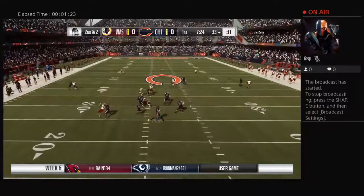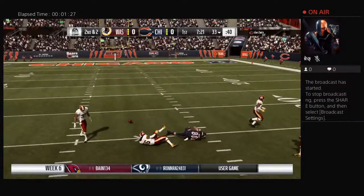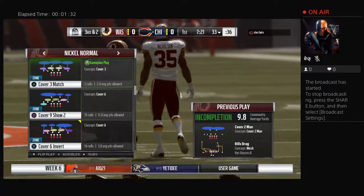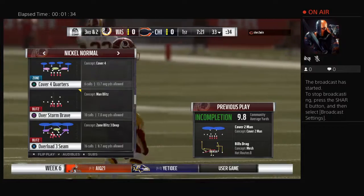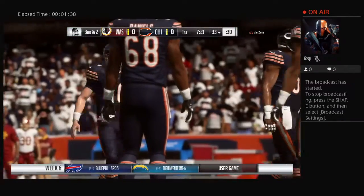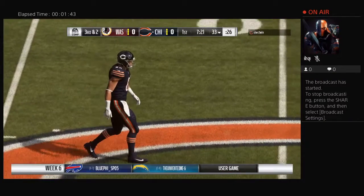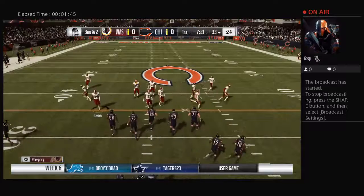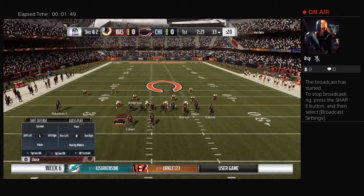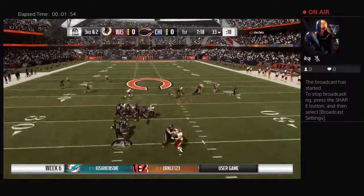On 2nd down, here's Trubisky looking deep downfield. And incomplete there. A nice hit jars the ball free and brings up 3rd down. Defensively here, you're facing a top 5 team in terms of points scored in the NFL. So when they're that high-powered, you've got to find a way to hold them under 20. Because to me, that's the magic number. 20 points scored, you give yourself your best chance to win. So if they're up around 24, 28, 30, they could be in some trouble. And I think so, because then you turn it into a shootout, and that means your offense has...